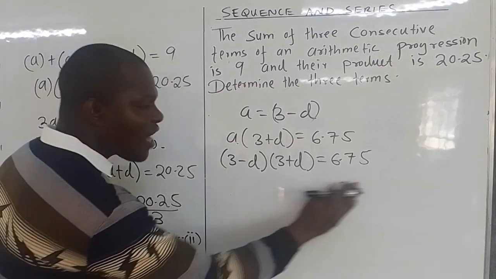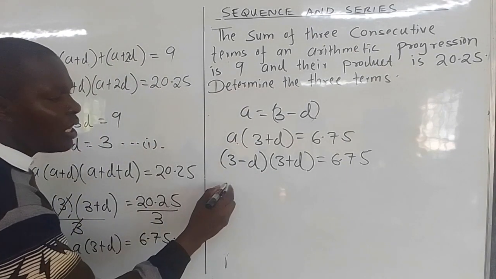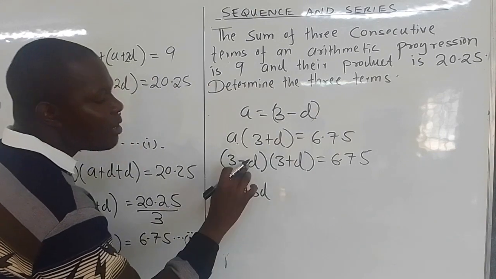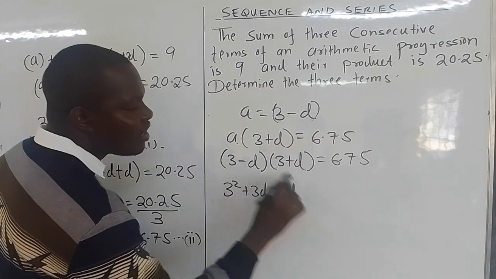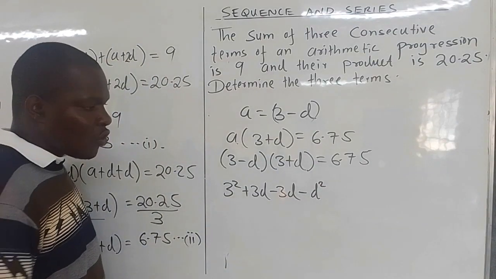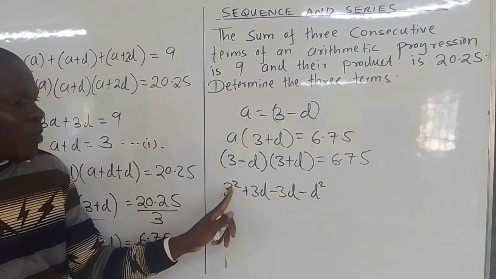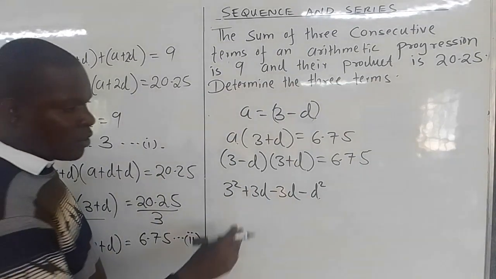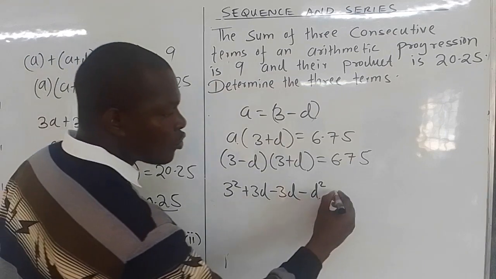If you're not able to see that, you simply expand. 3 times 3 is 3 squared. 3 times positive D is plus 3D, minus D times 3 is minus 3D, minus D times D is minus D squared, isn't it? So you can see this and this cancel out. You remain with 3 squared minus D squared, a difference of 2 squares, isn't it? To be equal to